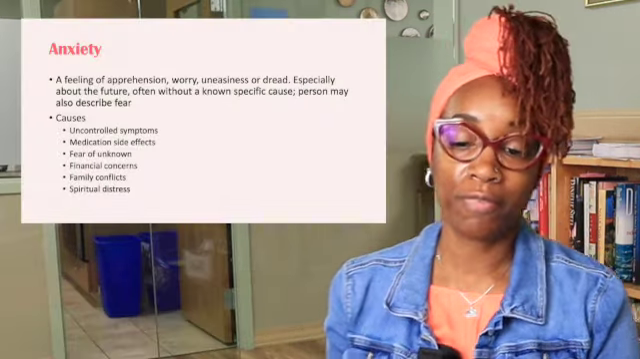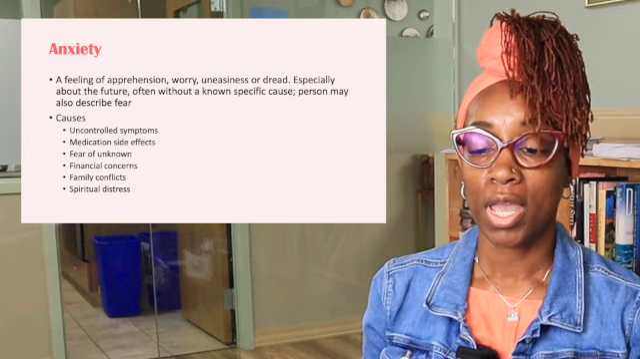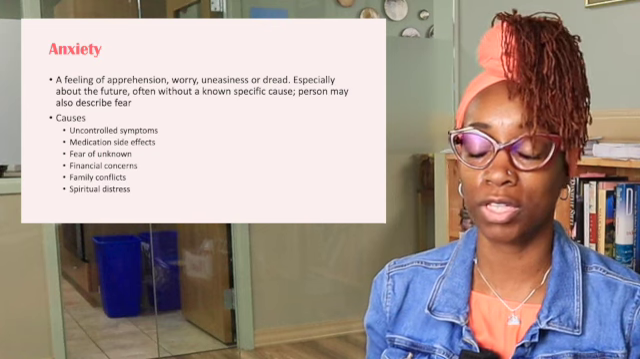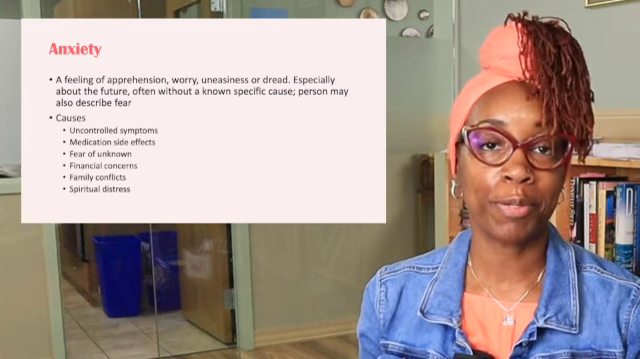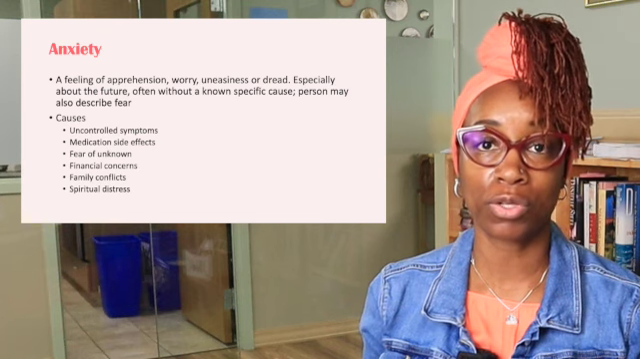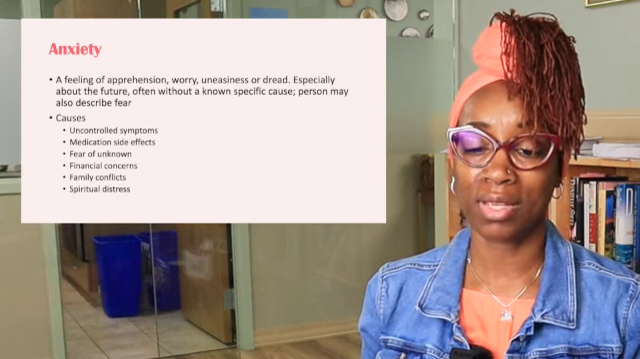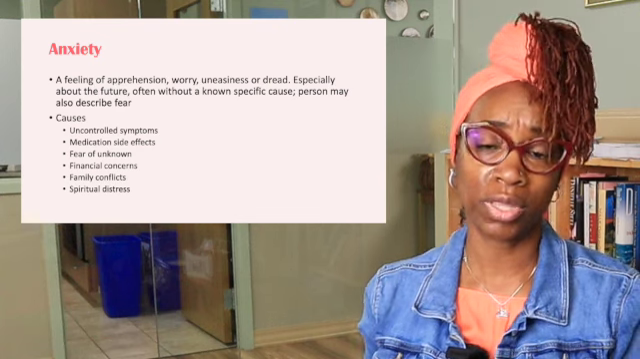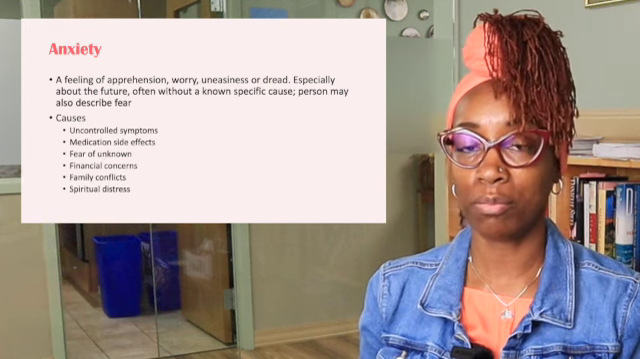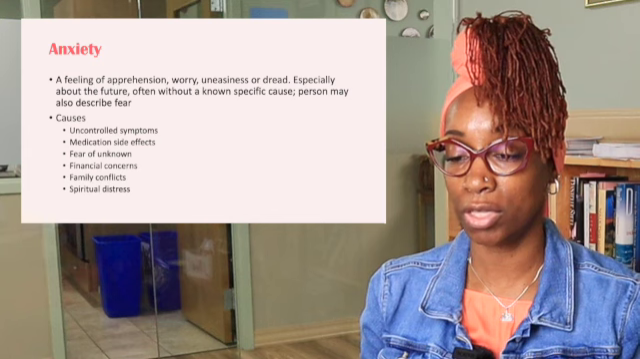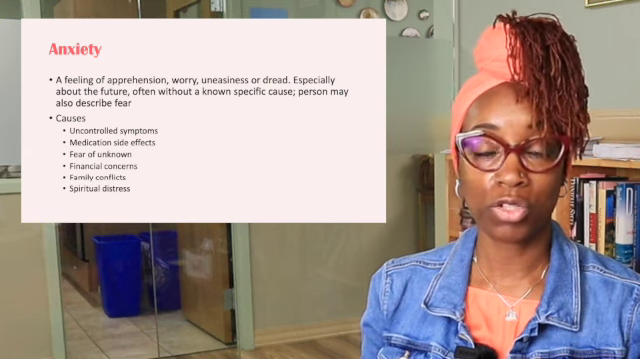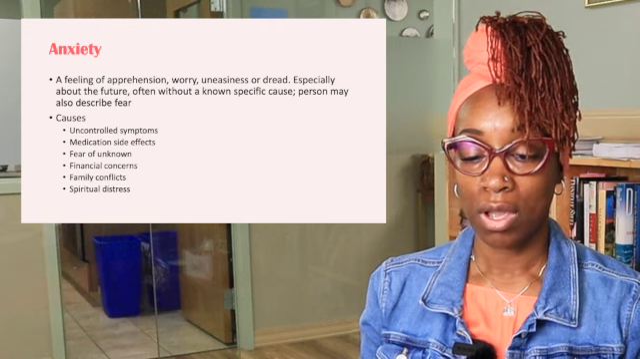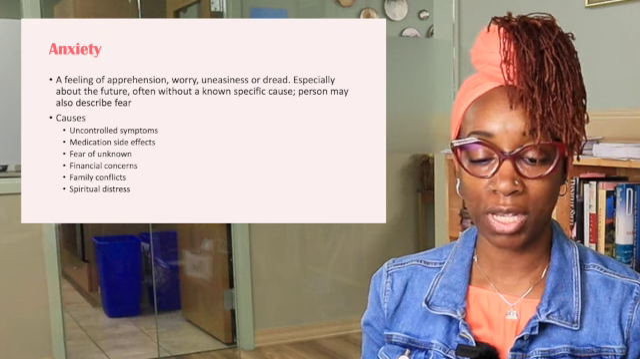The next symptom would be a feeling of anxiety. And this is apprehension, or just feeling worried or uneasy, or this feeling of dread. Sometimes people will have this if they're thinking about their future, or even the resident thinking about death and what that means and how that's going to impact the people that they leave behind. All of that could lead to more anxious thoughts or feelings. Causes of anxiety could be uncontrolled symptoms, medication side effects, fear of the unknown, financial concerns or family conflicts, or